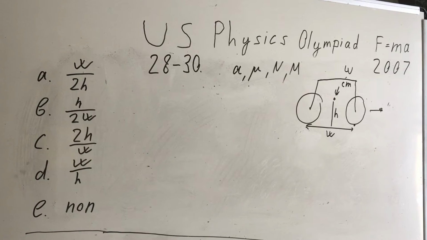slowing down at a constant rate. We can say the acceleration has a magnitude a. Air resistance may be neglected, ignored. So first case, number